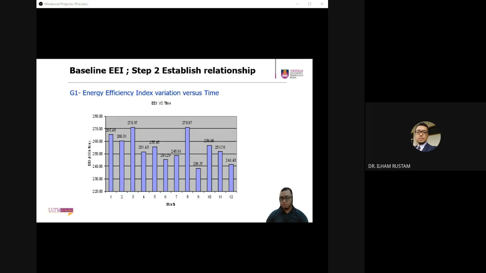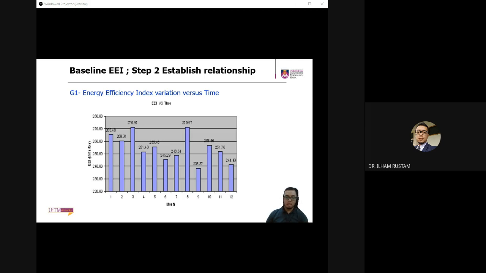So this is an example versus time. Maybe this is month, first month sampai 12th month. And then this is the EI calculated for that particular month. As you can see, in the month of March and August is the highest EI. That means again, you have to remember, the bigger the EI number, the more inefficient the process is. So that means during the third month, the month of March and August, okay, if we maybe